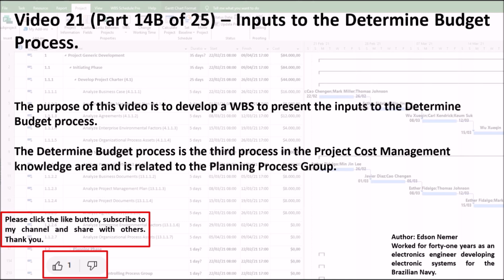The purpose of this video is to develop a WBS to present the inputs to the Determine Budget Process. The Determine Budget Process is the third process in the Project Cost Management knowledge area and is related to the